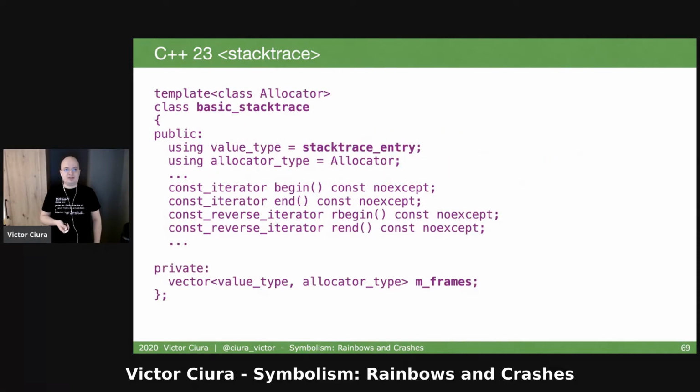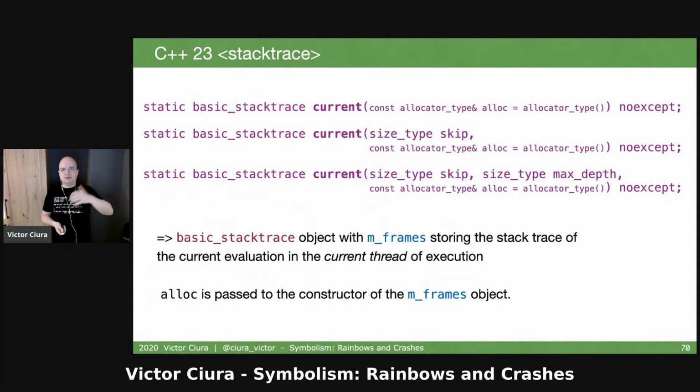A backtrace has basically a way to store stack trace entries. It's not required to be a vector, but a way to store several frames, and the frames are of type stack trace entry. And you have a way to traverse them, and it has again a configurable allocator that it passes to the frame. This is how you get the stack trace. You get the current stack trace. You can skip over some frames,